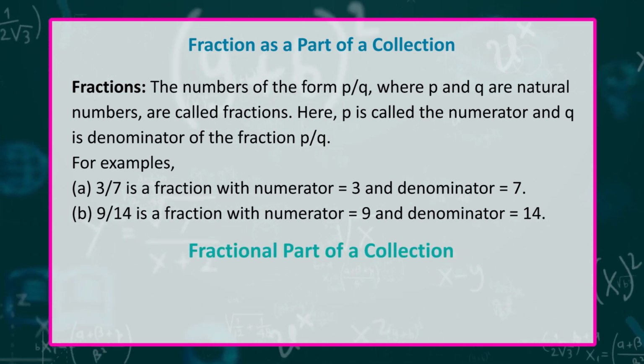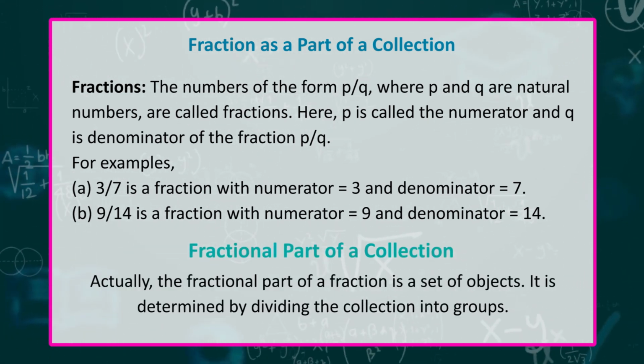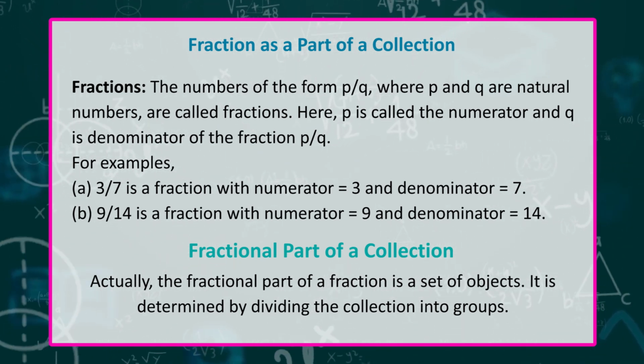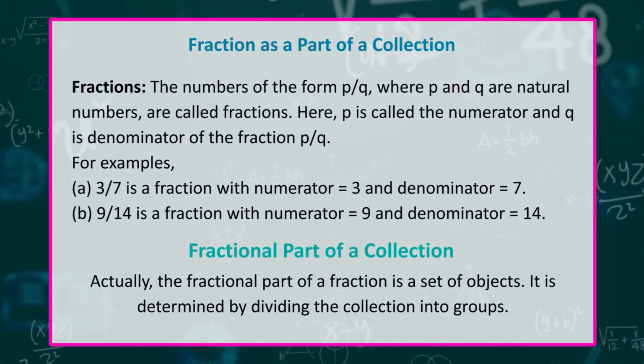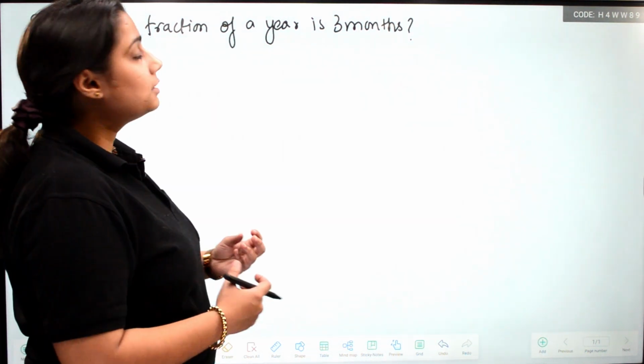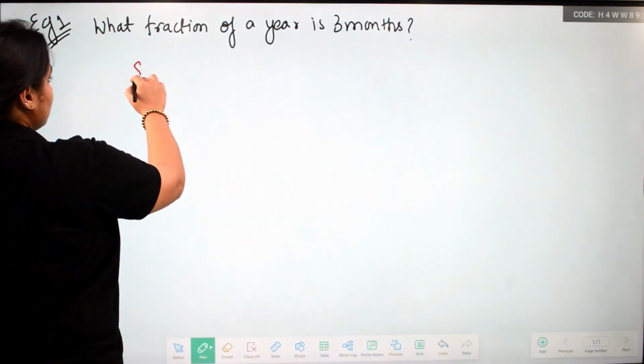Fractional part of a collection. Actually, the fractional part of a collection is a set of objects. It is determined by dividing the collection into groups. Example 1. What fraction of a year is 3 months? Solution. We know that